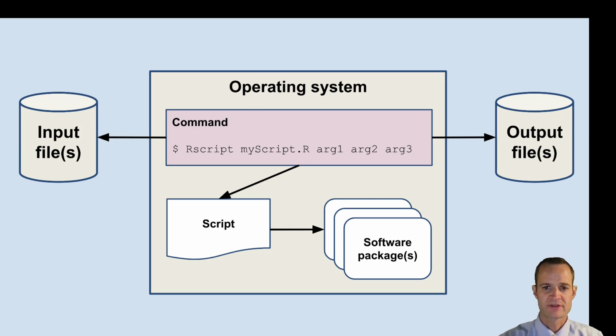This diagram shows the main components that would go into that kind of analysis. Generally, you're going to have a script. In this case, I'm showing a script that was written for the R statistical package. It's going to use the base R packages as well as some additional packages you might want to use to perform your analysis. You're going to want to execute that script at the command line, and that script is going